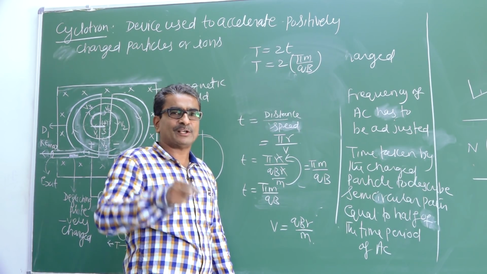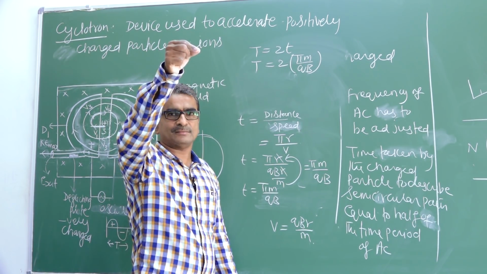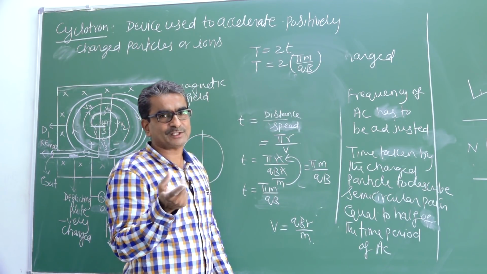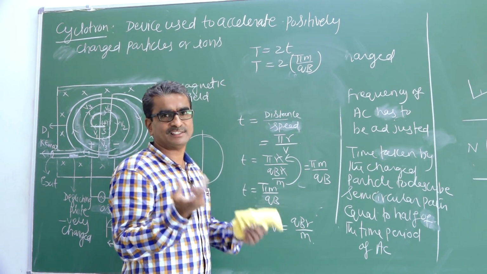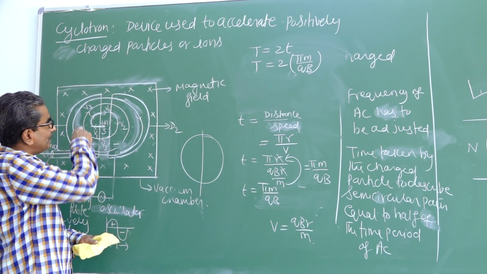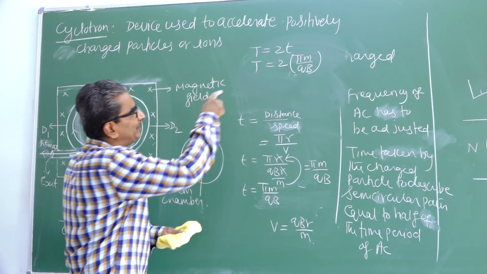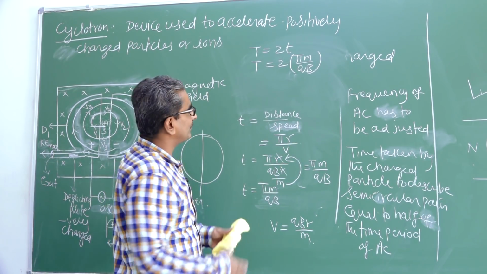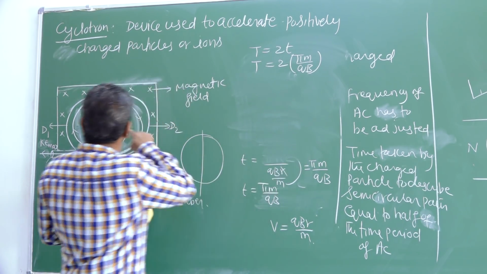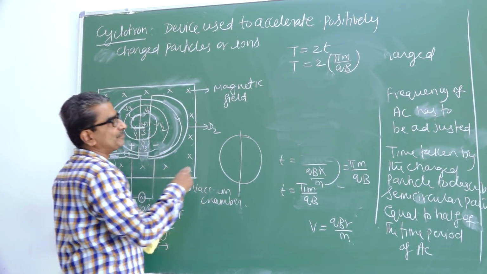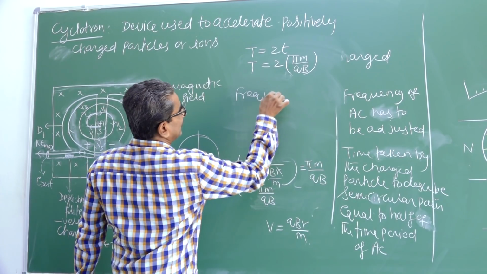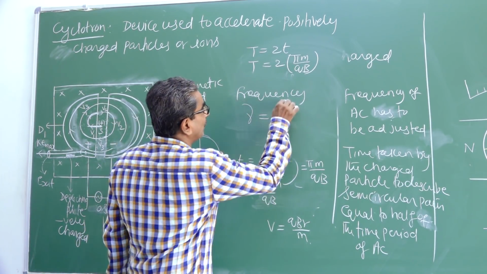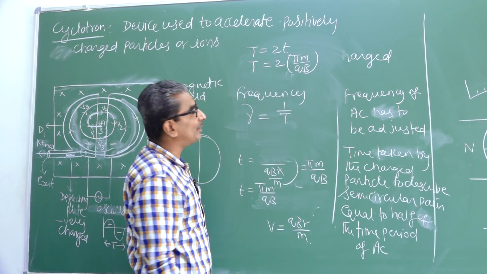Suppose you consider one vibration, top to bottom and bottom to top. For that one vibration, the time period can be represented as T. So here, to complete one circular path, the time period is T, whereas small t is the time only for half of the circular path. Then what is the frequency of revolution of this charged particle? The frequency of revolution is given by nu equal to 1 by T.